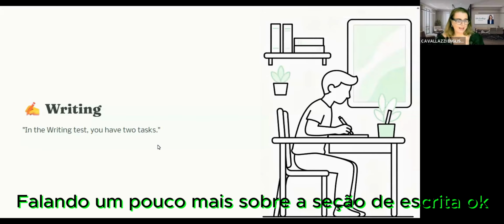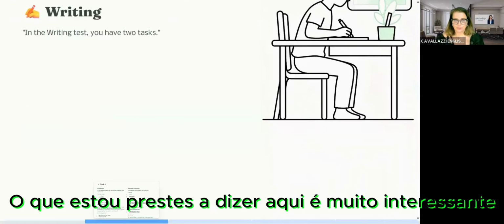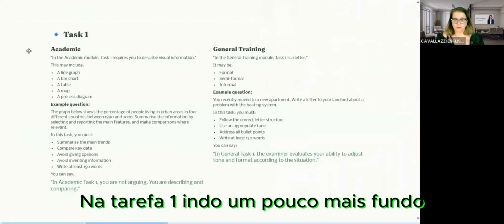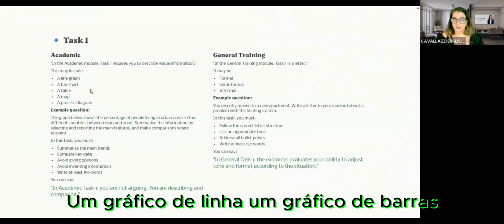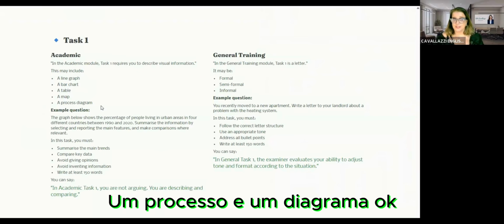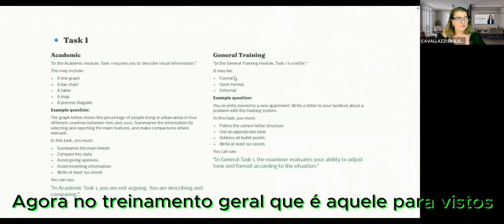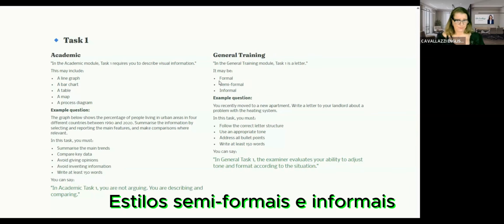Talking a little more about the writing section, okay? What I'm about to say here is very interesting, all right? In task one, going a bit deeper, we'll have to study this here: line graph, a bar chart, a table, a map, a process, and a diagram, okay? Now, in general training, which is the one for visas, in task one, we write in formal, semi-formal, and informal